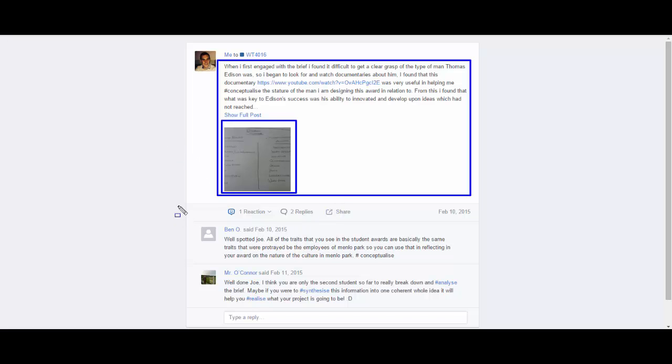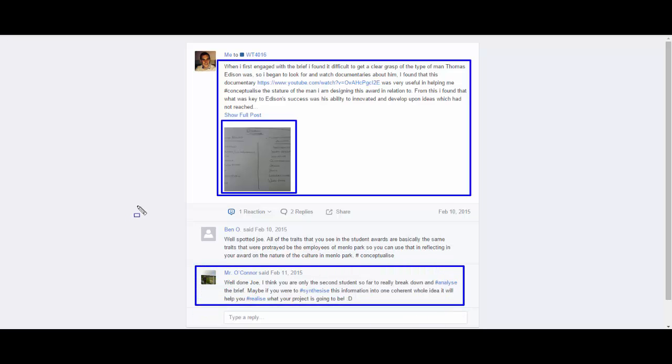When I put this up, I was able to get feedback straight away. I got it from Ben, and he was saying that I was on the right track. That was positive. He said that I seemed to be going in the right direction. Adrian as well was able to tell me that what he wants from us is being shown here. So positive feedback means that I can actually move on to the next stage. I don't have to do this at home wondering, is it okay, is it right? I'm not quite sure, I'll wait until I come into the next class and see what the TA says, to see if I can move on to the next one.